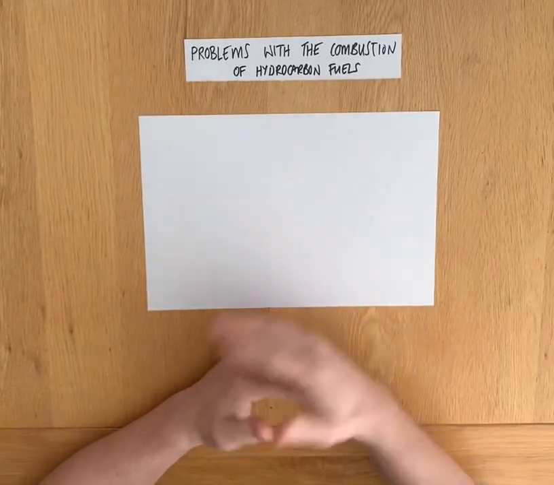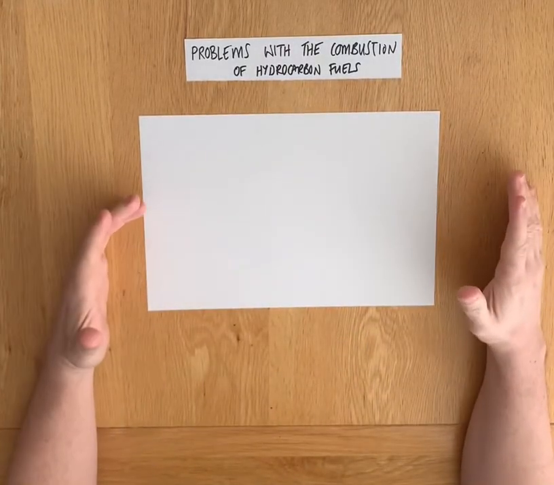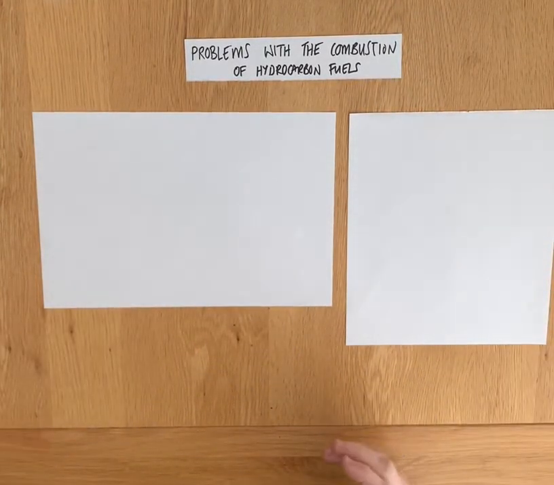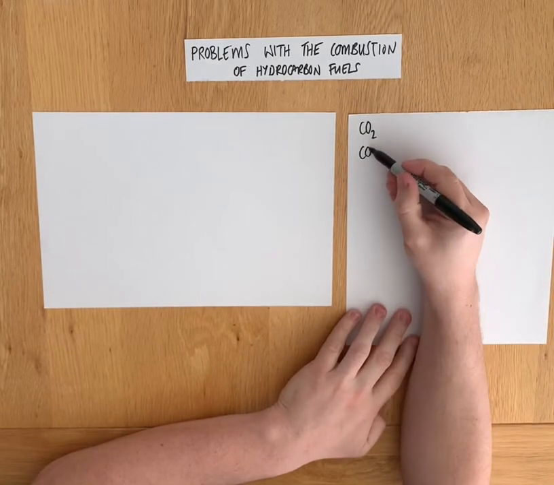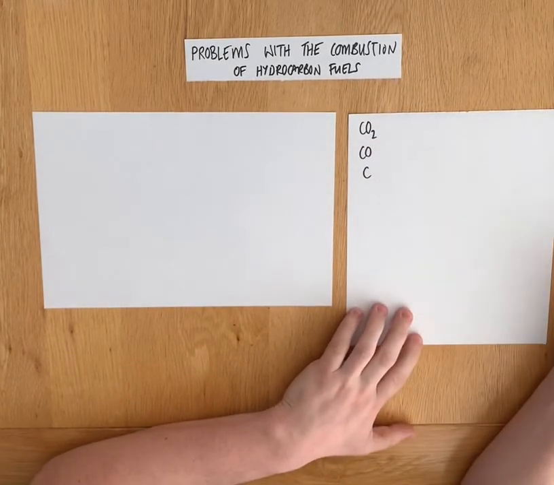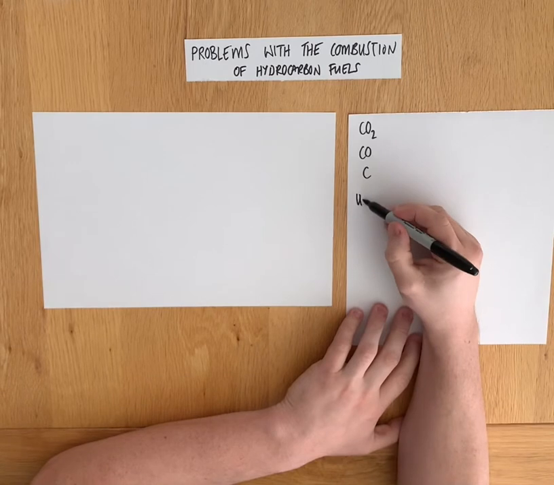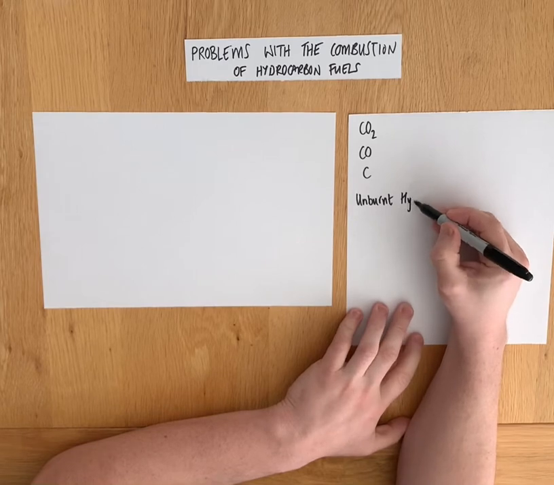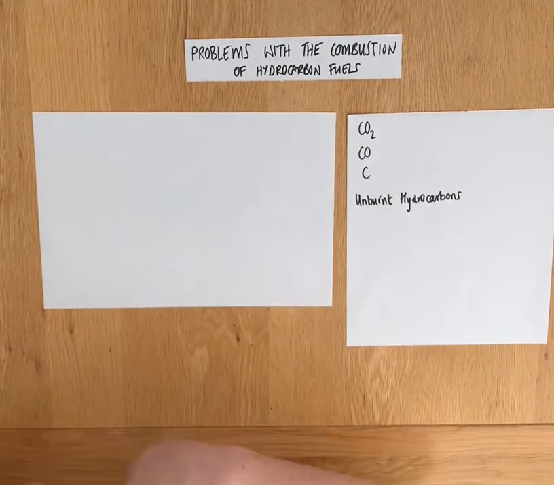Right then, this video will look at the problems with the products that are produced from the combustion of hydrocarbon fuels. We know that there are a few direct products from the combustion of hydrocarbon fuels: carbon dioxide, when there is complete combustion, carbon monoxide and carbon from the incomplete combustion, and also unburnt hydrocarbons that can be released from an engine or from wherever we are combusting